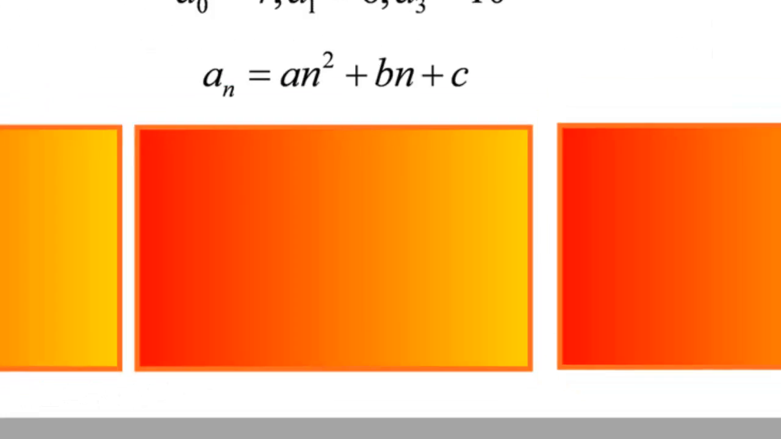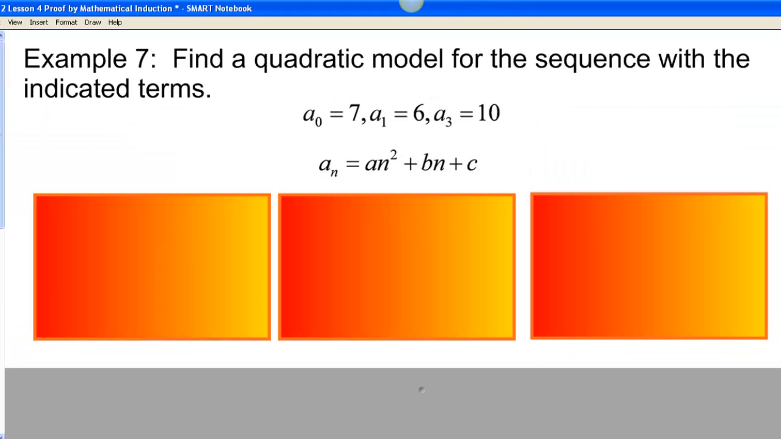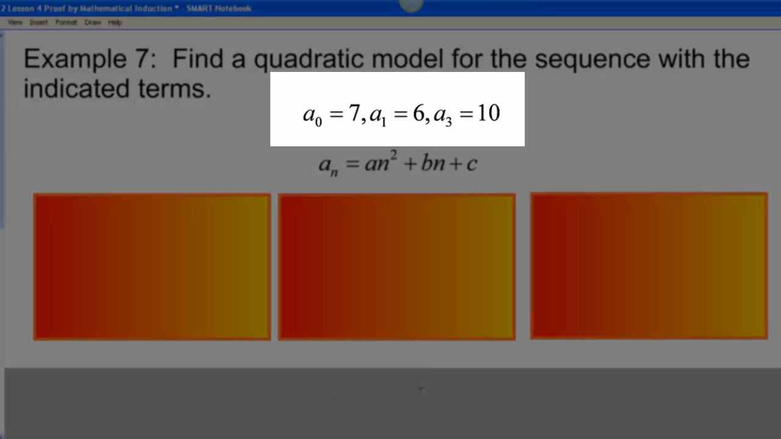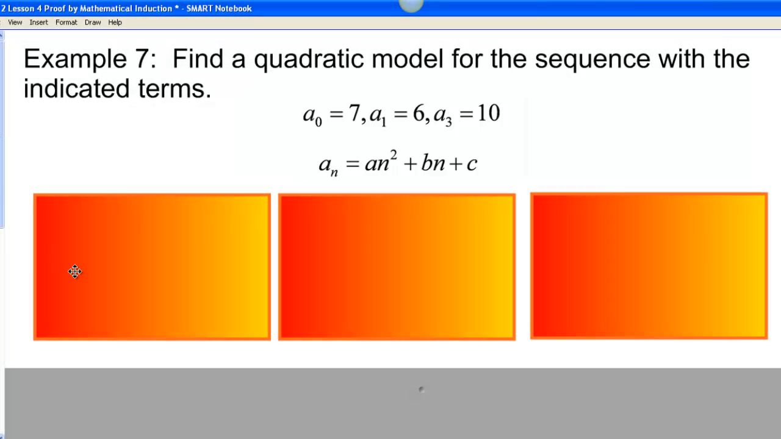in nature. And for our last example, we're going to find a quadratic model for the sequence with the indicated terms. I'm told that the initial term, a sub 0, is 7, that a sub 1 is 6, and a sub 3 is 10. And we know that the general form or standard form of a quadratic is an squared plus bn plus c, and instead of using x's, I'm using n's because we're talking about series and sequences,